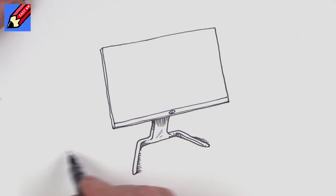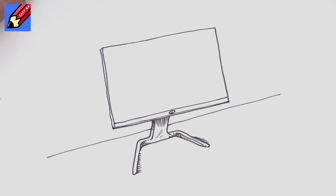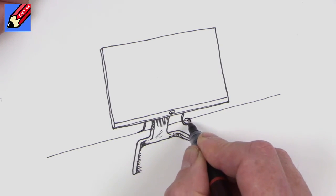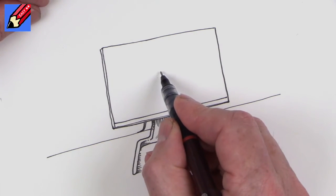We can put in the table, and that puts the whole thing on the table, and you might want to have a cable going in around there, so you've got the HDMI cable or whatever, and the power cable going in down there. And then you might want to put in